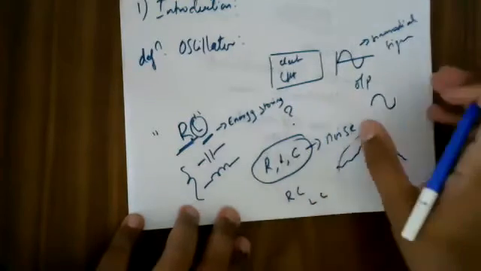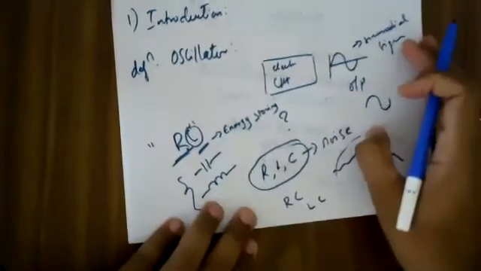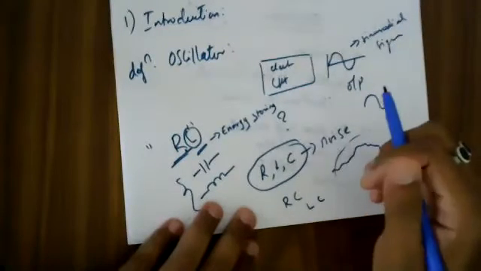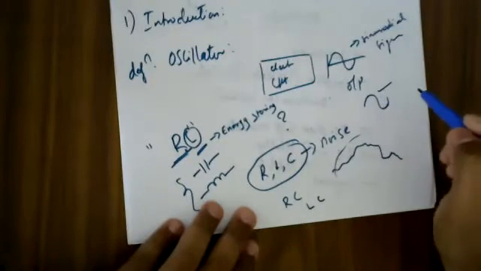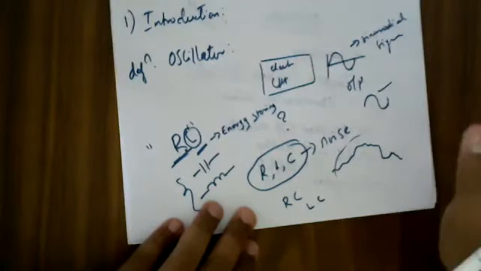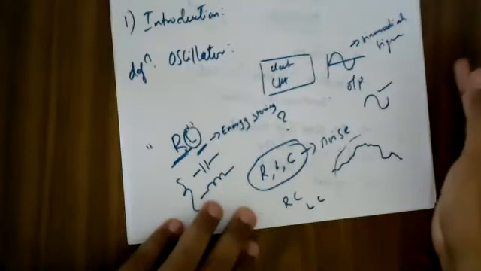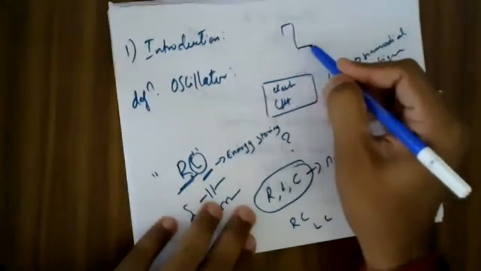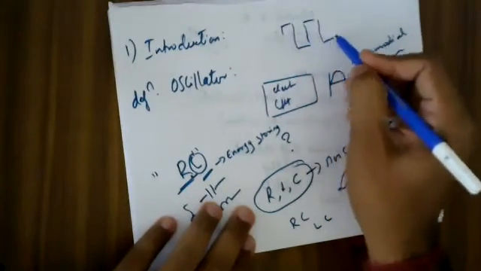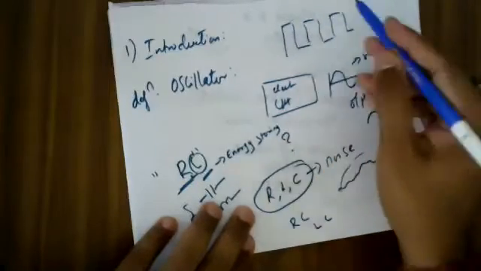Okay, is it clear to you? Many students have a very wrong concept in mind, saying that an oscillator can be built wherein it develops only a sinusoidal signal. It's a wrong concept. You have seen a 555 timer, which is used to produce a square signal as an output, right?